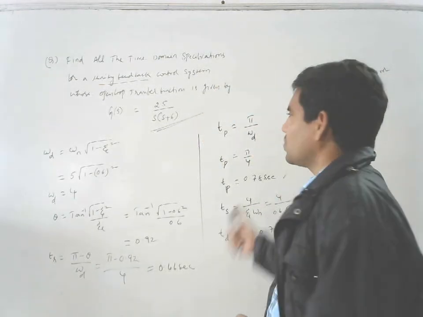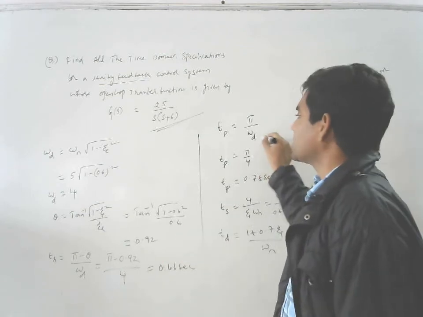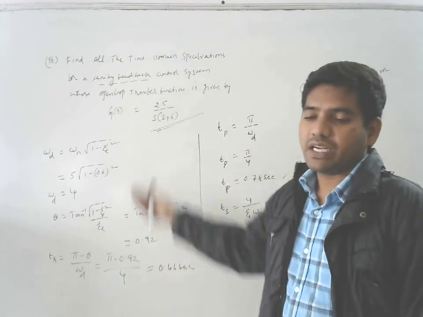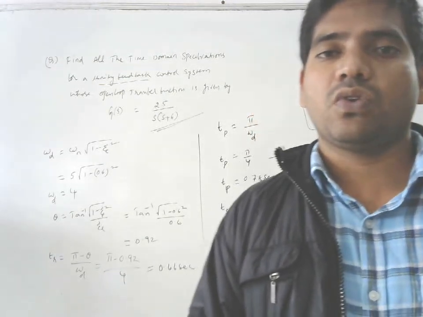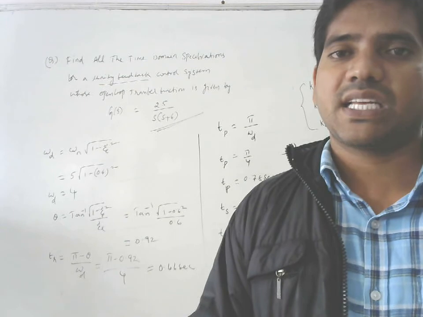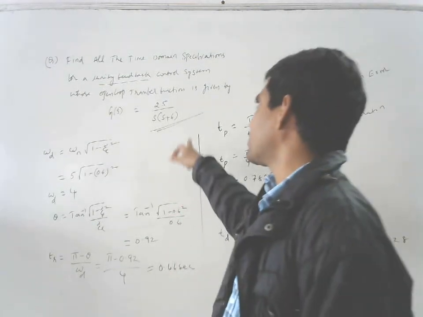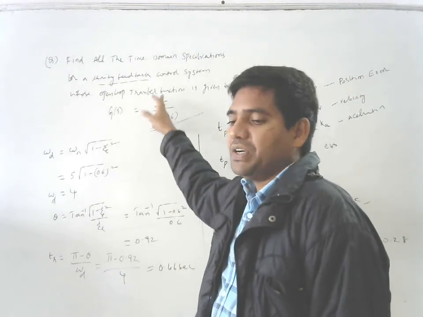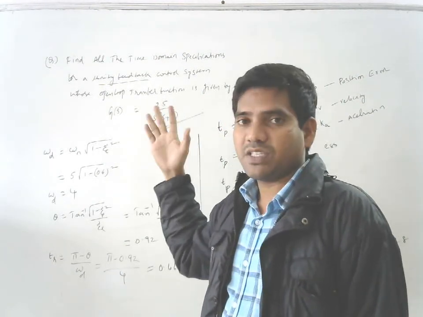These are two problems, very simple problems. If you know the formulas, we can substitute directly in those equations. Just a small calculation will be there, but the thing is we need to know the formulas. What is the rise time formula, delay time, settling time, and which type of transfer function. Here directly you cannot apply 25 divided by s square plus 6s. That means there is no meaning.